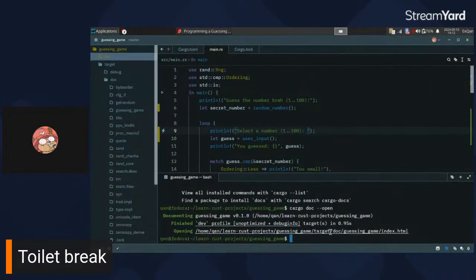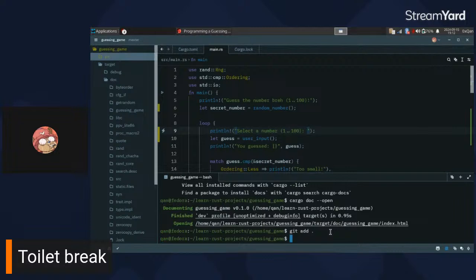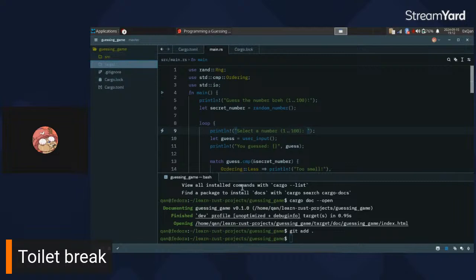I think that is all. We can do git add now. I don't think that the target actually gets added, but git commit -m